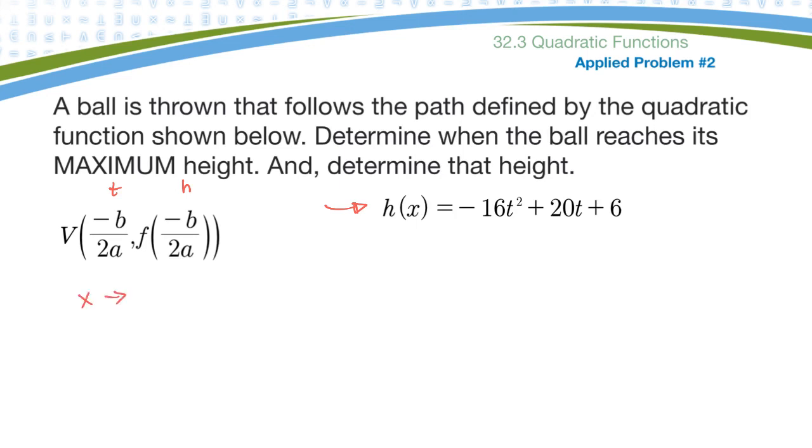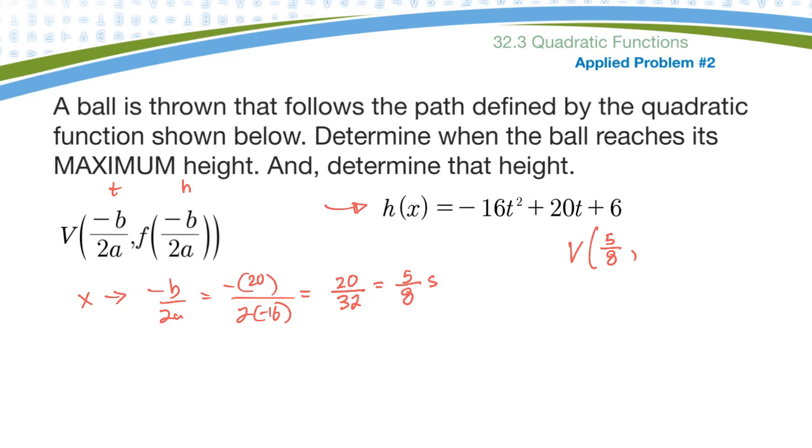So to get the x-coordinate of the vertex, it's minus b over 2a. So minus something over 2 times something. The b value is 20, all over the a value is minus 16. So when I figure this out, it'll be positive 20 over 32. I think 4 will go into each of those, so it'll be 5 over 8. So at 5/8 of a second, that's when the ball is going to reach its highest height. Let me just put that over here. So the vertex, 5/8 will be the